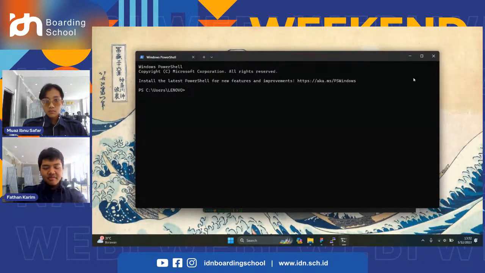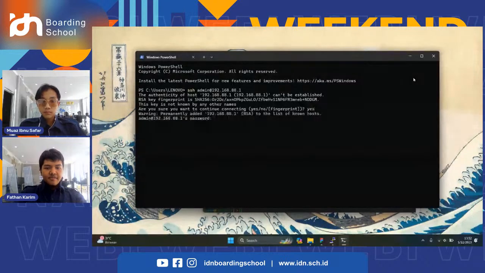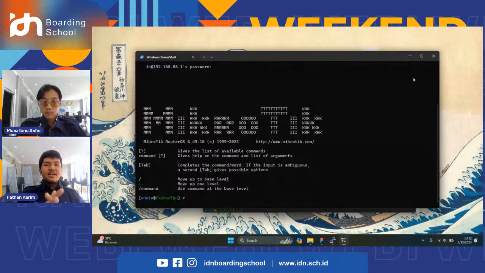If you are using the Windows terminal as the CLI, you call the command ssh, and we fill in the username at the IP address and click enter. When we first connect, we type yes, and after that we fill in the password. Okay, so this is the alternative if you don't have the PuTTY application.